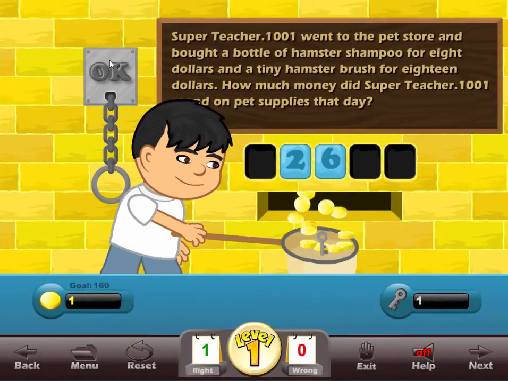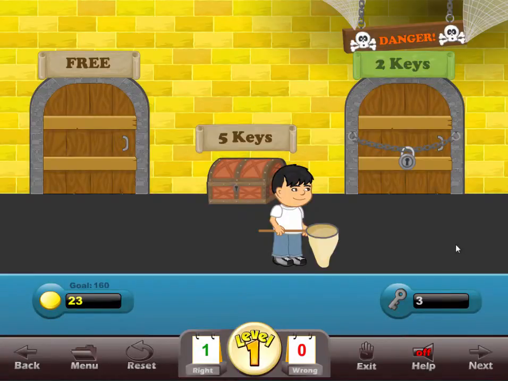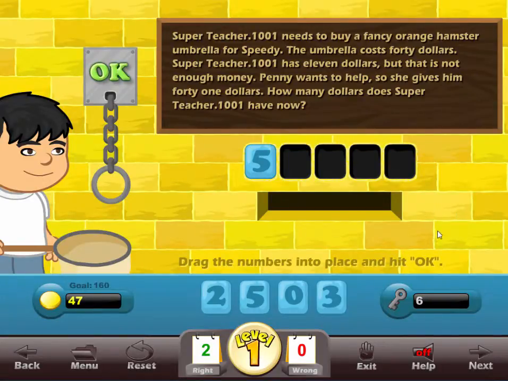All right. And we got some coins and the keys. So I'm going to go ahead and stop right now. So we're back. I have another question here. What I've done is played a few, not levels, but rounds of the program so that we're doing a little more. So we'll click on the answer and...